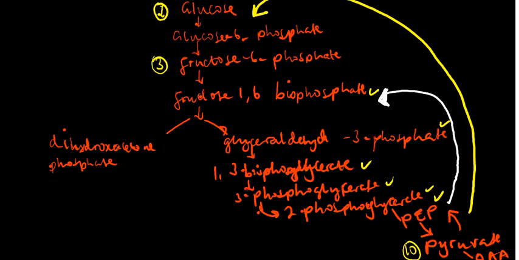It skips to this, and remember that this process is irreversible. That's why it cannot go all the way to glucose, because it's an irreversible step. Once it undergoes those glycolysis reactions, as it is running in reverse,